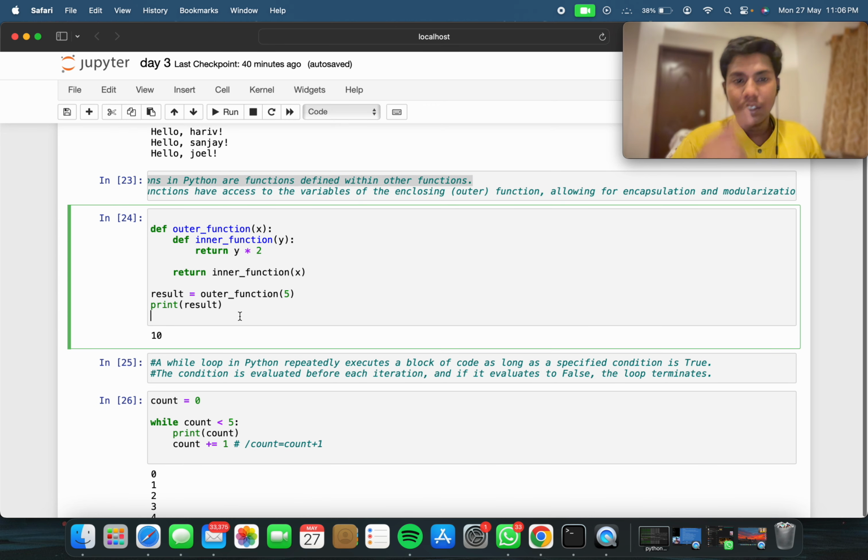So I have used this in a nested function here, and here it is. So the outer function, inner function. The outer function is called x, and the inner function is called